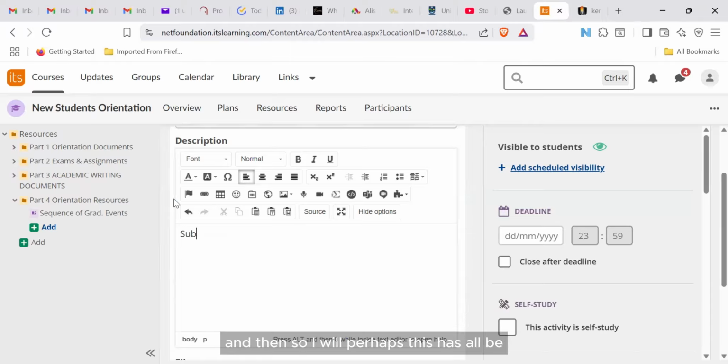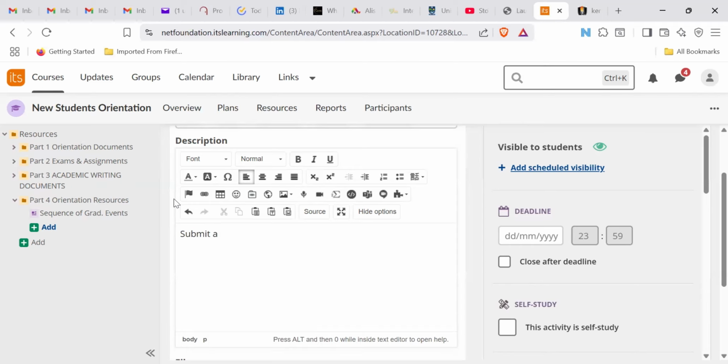You probably will have done all this in your course syllabus, but you can actually copy and paste the instructions here, or you can key them in like I'm doing now: submit a 10-page term paper on